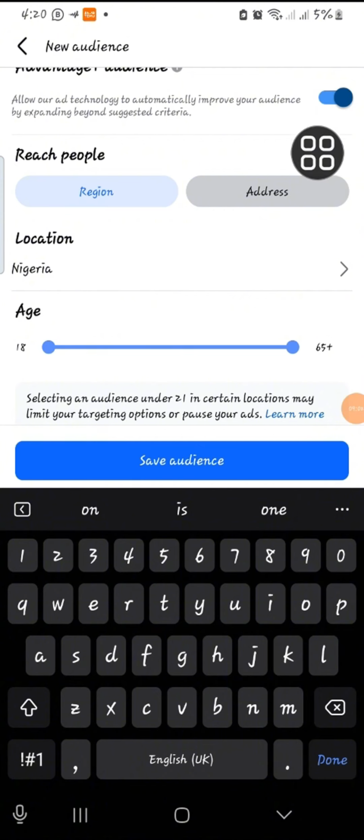Nigeria is the location there, which is beautiful, but we are not going to be targeting all of Nigeria. I will need you to send me more information depending on your business, the location of your business, what you are selling and the location of what you're selling. That is really going to determine what location you're going to input. But I'm going to break it down. If you are selling real estate,